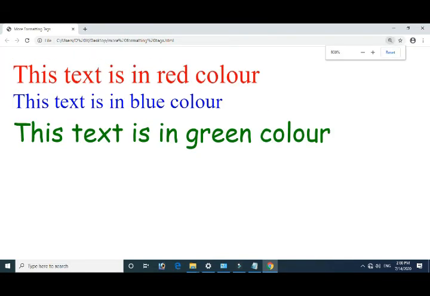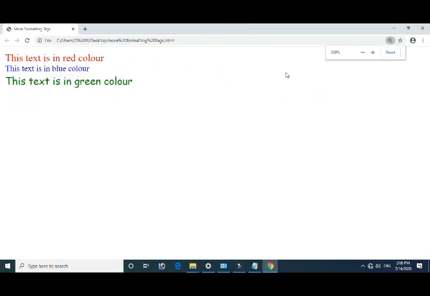Now, whatever we have seen, that font tag and its attributes, can be used as and when required in our website or web page.